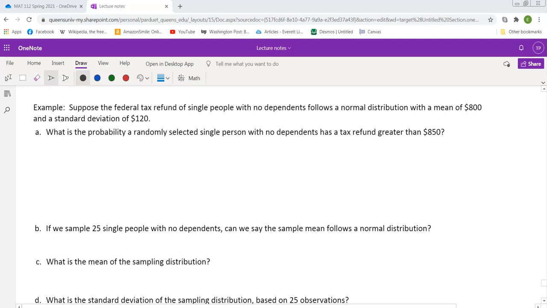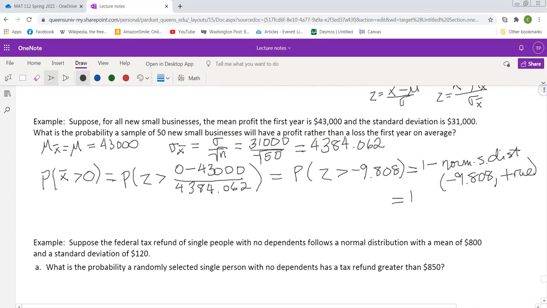I put this question on here so that you can see how this question differs from some of the other ones. If you look at this question up here, in the last problem we said, what's the probability a sample of 50 will have a profit rather than a loss? So this one is asking for the probability relating to the sample mean. This one down here, though, says what's the probability that a randomly selected